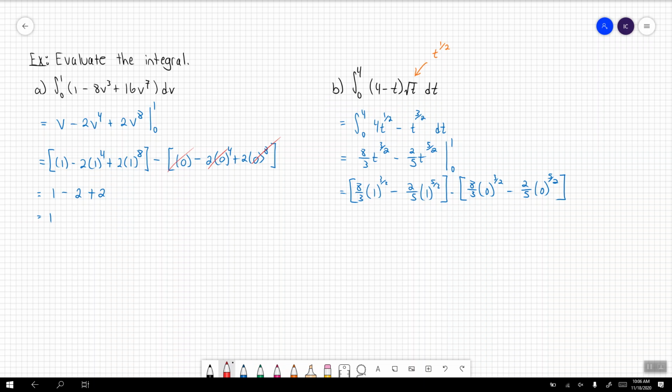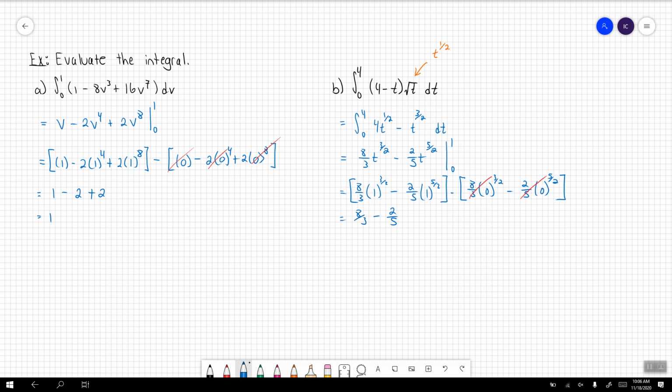Again, the last two terms will cancel out because they're evaluated at 0, so they just turn into a constant of 0. And what we're left with is going to be 8/3 minus